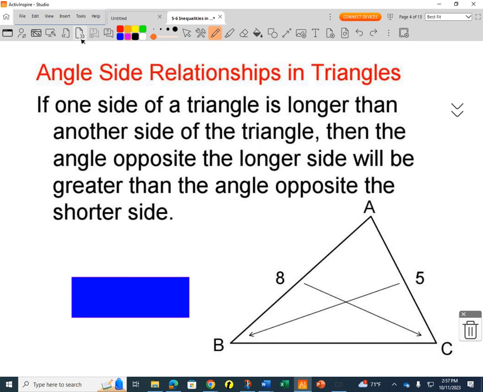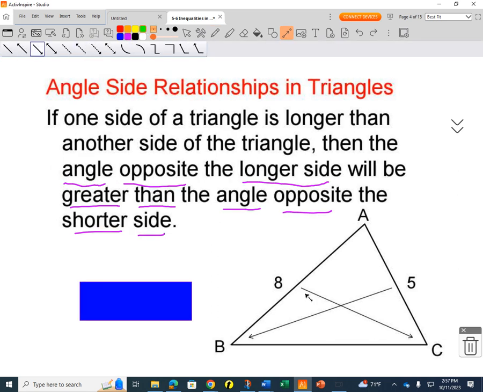Alright, so another theorem is the angle-side relationships in triangles theorem. If one side of a triangle is longer than another side of the triangle, then the angle opposite the longer side will be greater than the angle opposite the shorter side. So we're saying because side AB is longer than side AC, now we know that angle C has a greater measure than